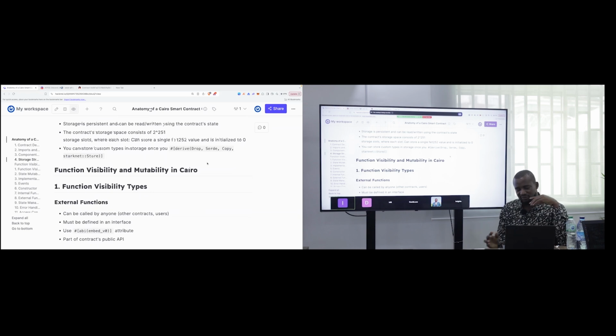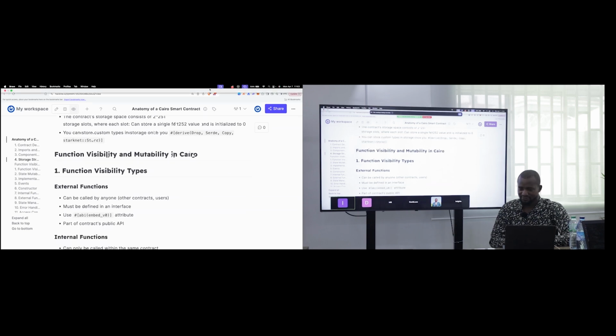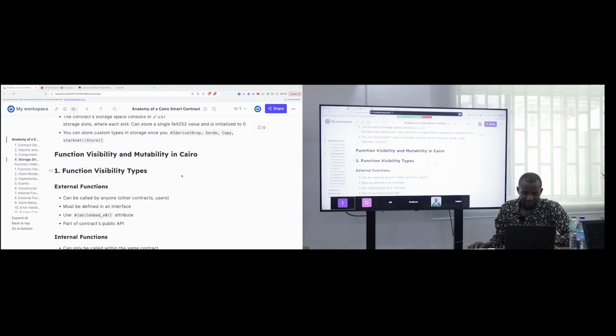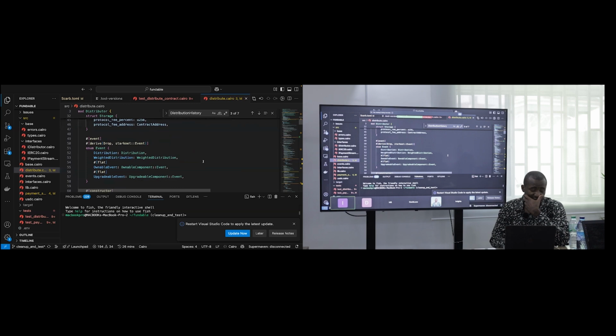So you can store custom types in storage once you have this external attribute in it. I've already talked about that. So once you are done with your storage, another part of smart contract that should be talked about,